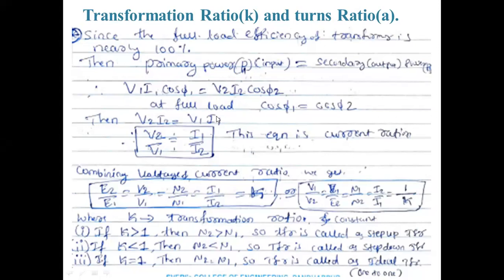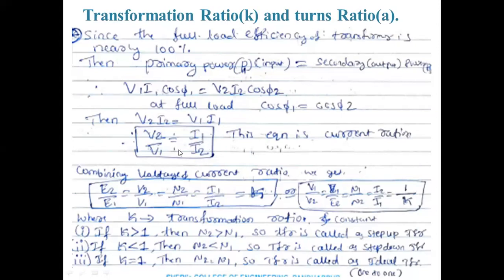The transformer definition is that it has to transfer electrical power from one circuit to another circuit. The same power is transferred from one circuit to the other. So according to that, V2 I2 equal to V1 I1 we can write. From this, keep V2 here only. V1 I will send to the LHS, it becomes V2 by V1. I2 I will send to the RHS, it becomes I1 by I2. We can write like this.